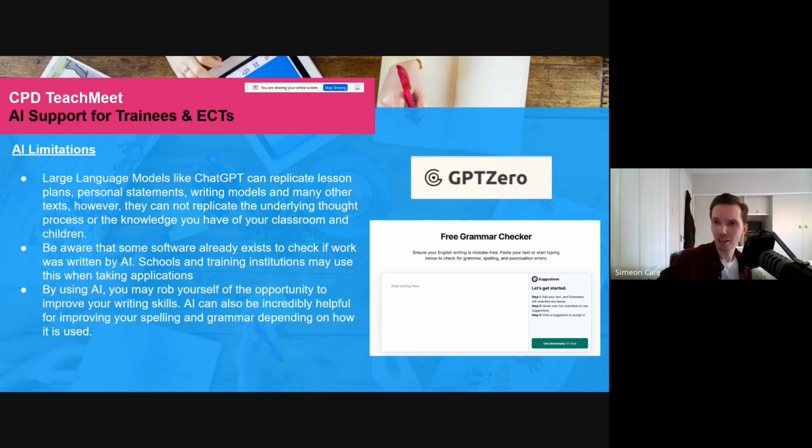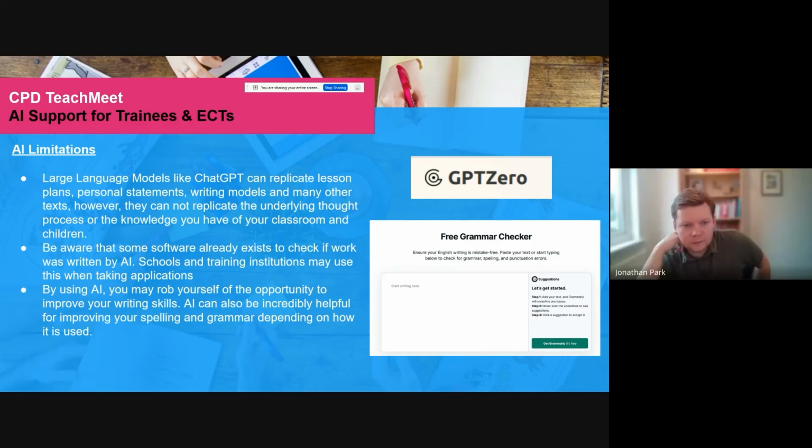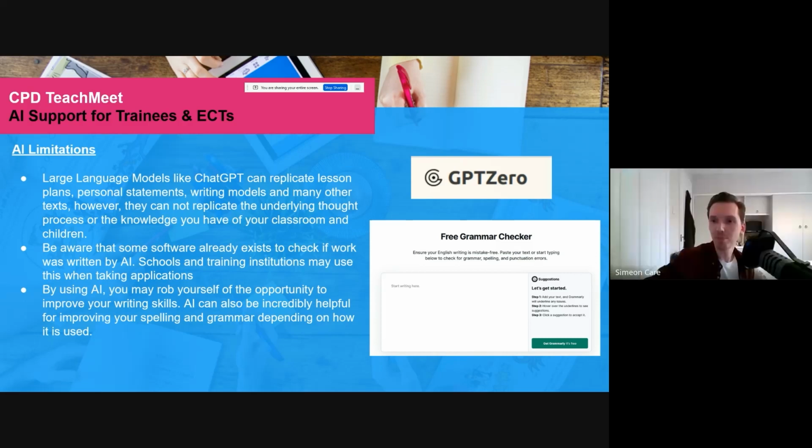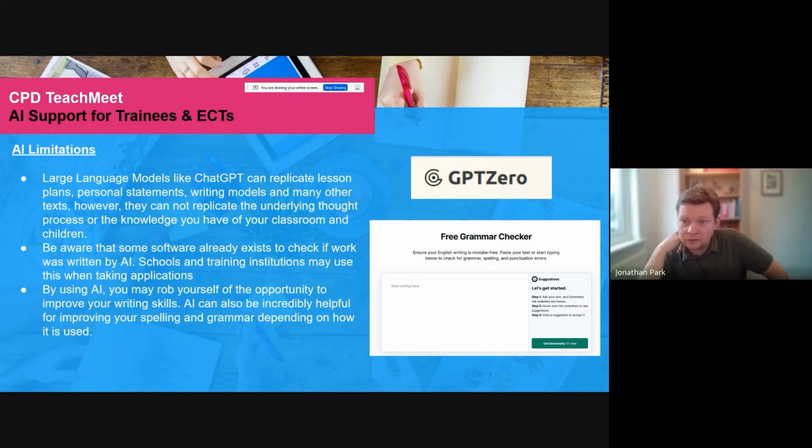I don't know how you feel about that, John, if you think that's likely to happen. It is. It's also worth bearing in mind that most of this software isn't reliable yet, but yeah, I expect it will be soon. This is very much the early days of these. At the moment, it's returning a lot of false positives or false negatives, but it will get better. AI is improving daily, and you can't rely on it not working, because one day it will.